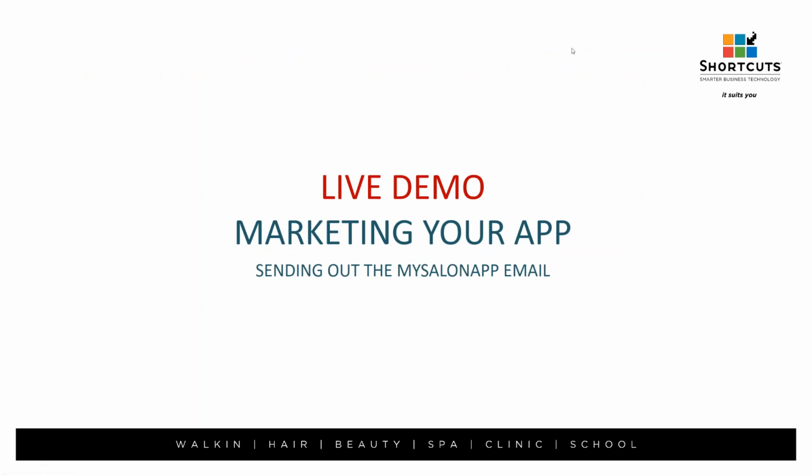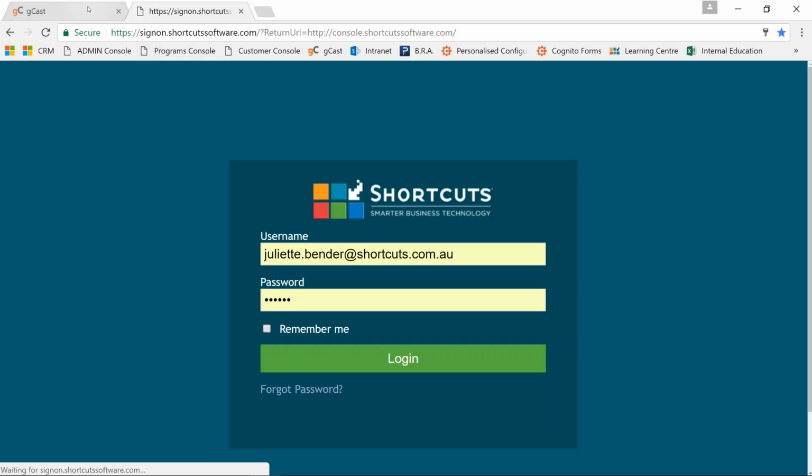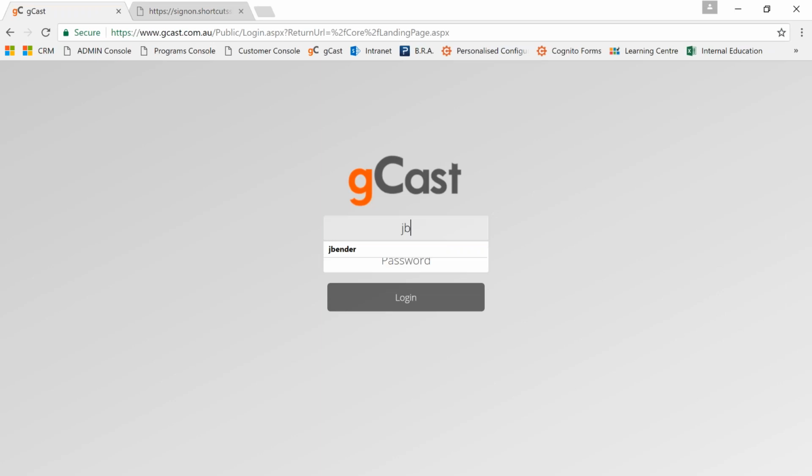Now that we've taken a look at configuring the app and how the clients will be using the app, let's now look at how we're going to market this app to your existing clients. So you'll need to use your marketing account, your GCAS Set and Forget marketing account. So logging into your account,